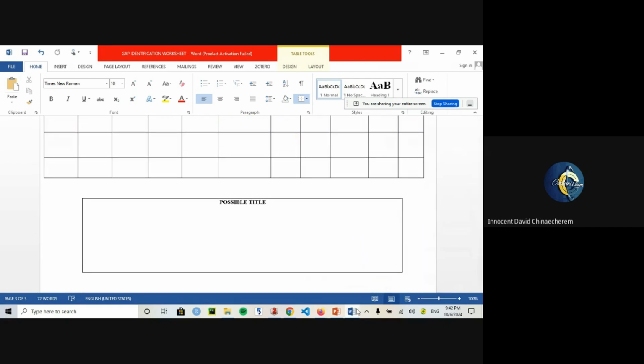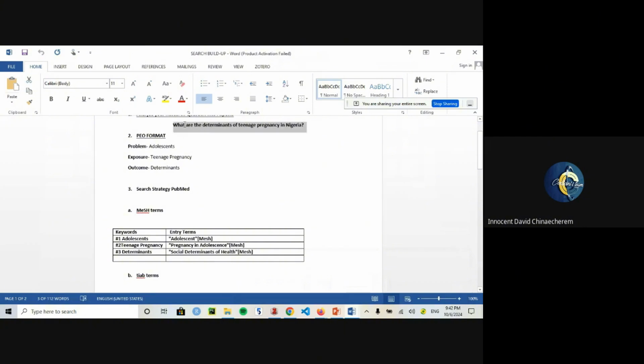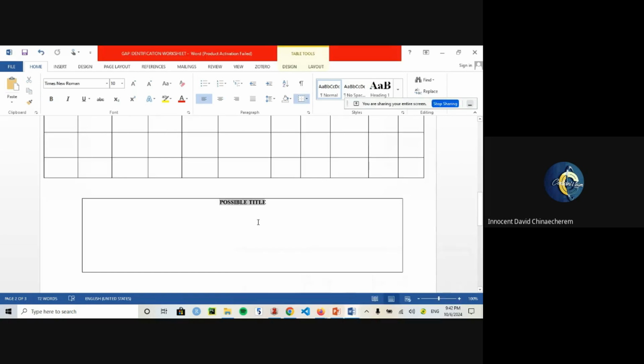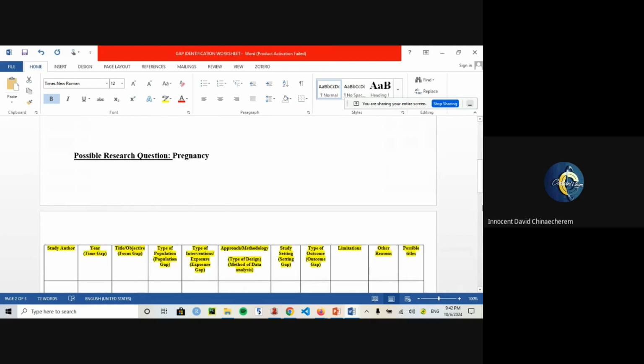Because here the possible question has already been formulated. Let me put it in the search box, and I'm going to put it here when I identify it. Now, what am I trying to say? The idea is that